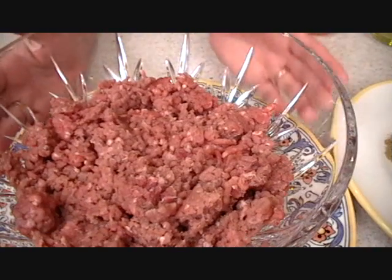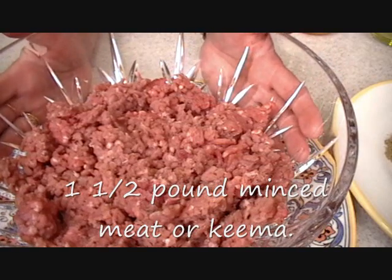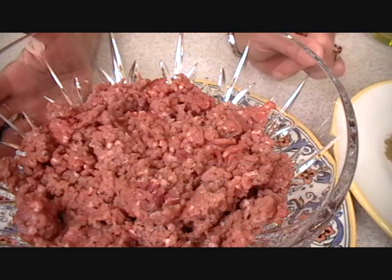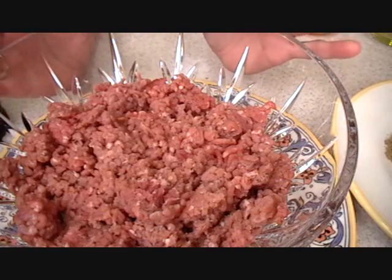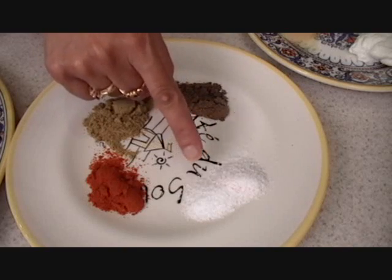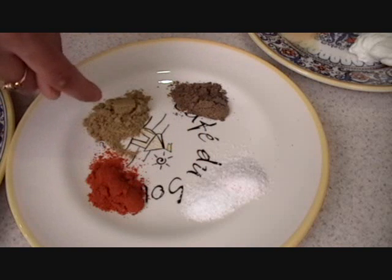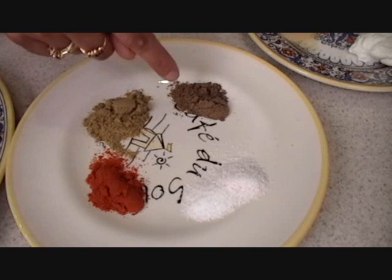So here I have 1.5 pounds ground meat. I have washed it and drained it for at least 3 hours. The reason being is I want all the water of the meat out. Here's 2 teaspoons of salt, 1 teaspoon of chili powder, 1 teaspoon of coriander powder, 1 teaspoon of my homemade